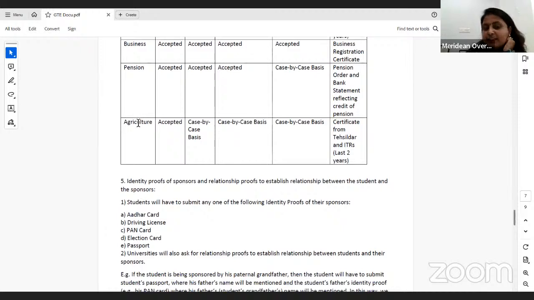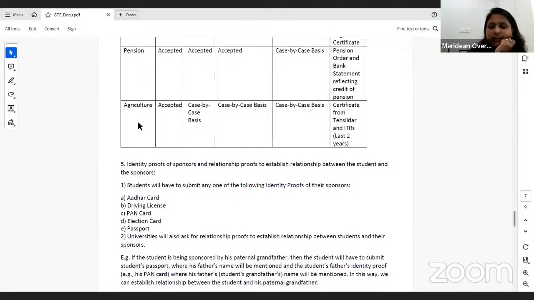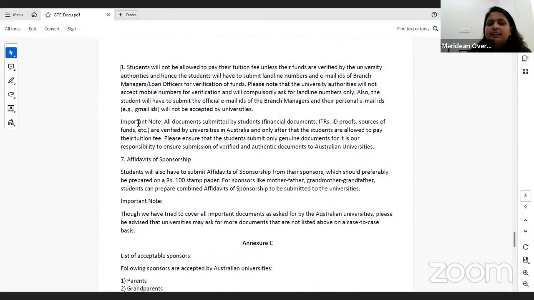So as I have discussed earlier, identity proofs of sponsors and relationship. So स्टूडेंट को सबमिट करना होगा पैन कार्ड या आधार कार्ड या ड्राइविंग लाइसेंस, इलेक्शन कार्ड, पासपोर्ट, कुछ भी। और यूनिवर्सिटी अगर आपको कोई सर्टिफिकेट देने के लिए बोलती है तो आपको वो सर्टिफिकेट भी प्रोवाइड करना होगा। एफिडेविट ऑफ सपोर्ट, सो जितने भी आपके स्पॉन्सर होते हैं, एक दो तीन, अलोंग विथ स्टूडेंट डिक्लेरेशन। सो ये सारे डॉक्यूमेंट्स आपको एक एफिडेविट 100 रुपीज के स्टैम्प पेपर पे बनाना होता है, एंड इट शुड बी सील्ड एंड साइंड एंड नोटरी अटेस्ट। सो ये नोटरी अटेस्टेड भी होगा।